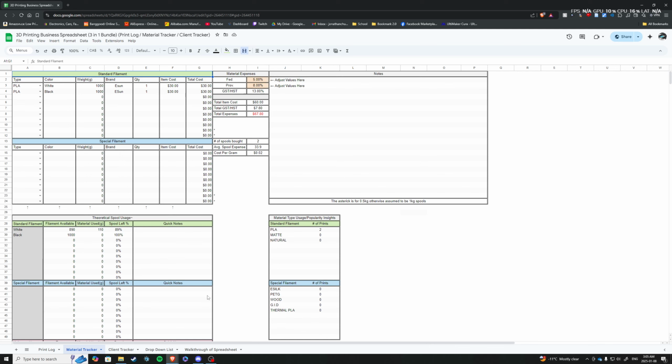Over here, this is where you track your material. So let's start over here. You have your type of material, PLA, matte, natural, put in your color, you put in how many grams are in the spool. So typically it's 1,000 grams. You put in your brand name, the quantity that you bought, the cost of the item, and then based off of that, and based off the quantity number,